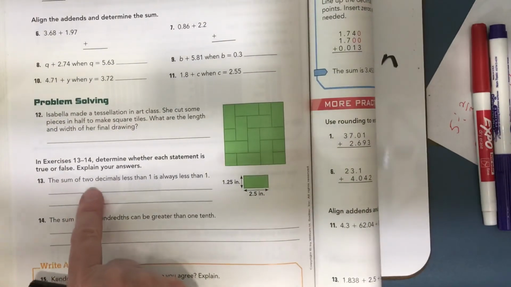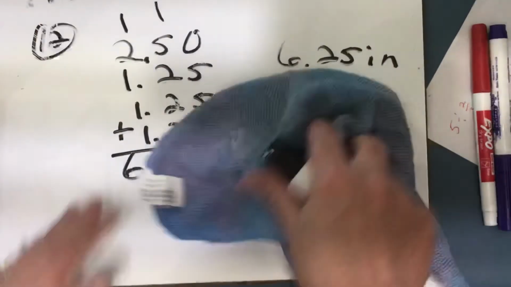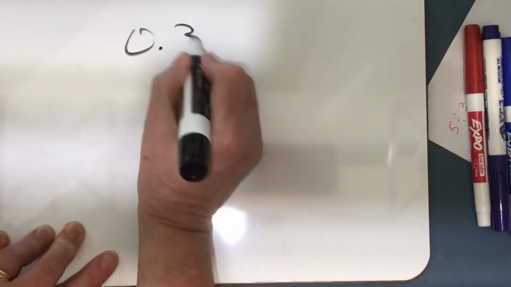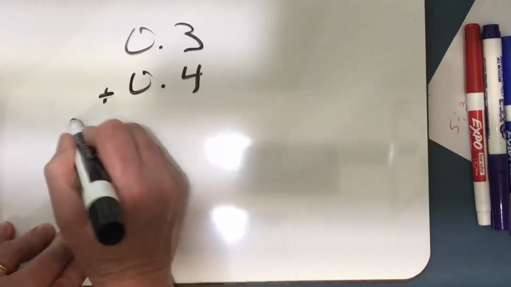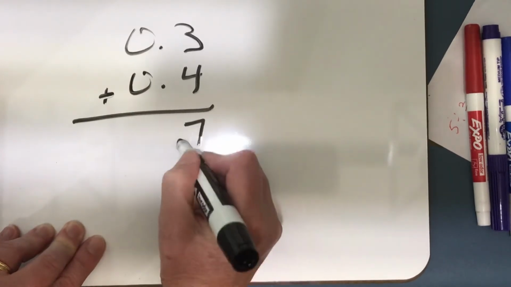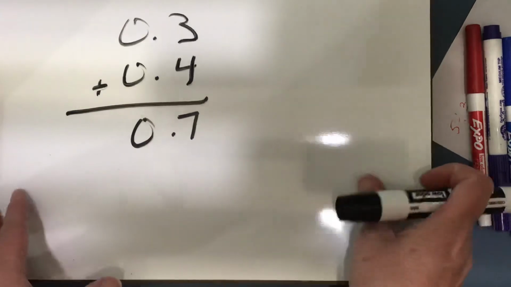Then let's look at number 13. Number 13 says, the sum of two decimals less than 1 is always less than 1. Always means that there's never a time that it's not. So let's check and see. Here's a decimal less than 1. 3/10 plus 4/10. Those decimals are both less than 1. And if I add, I get 7/10. Yes, 7/10 is less than 1. But let's try